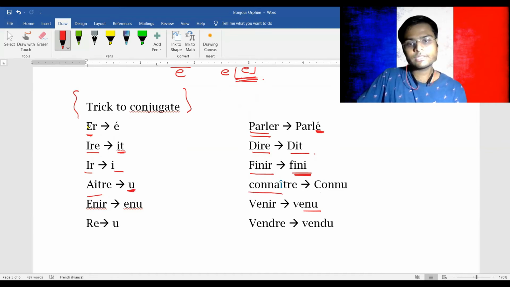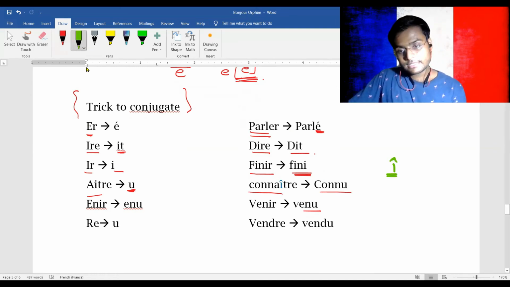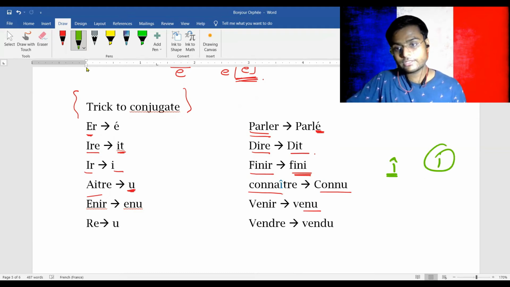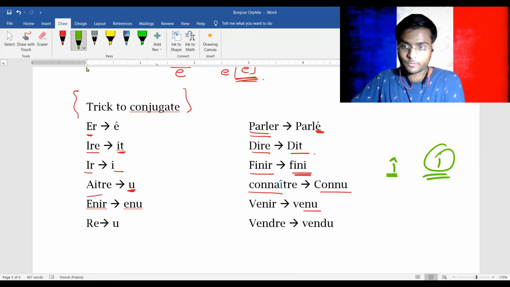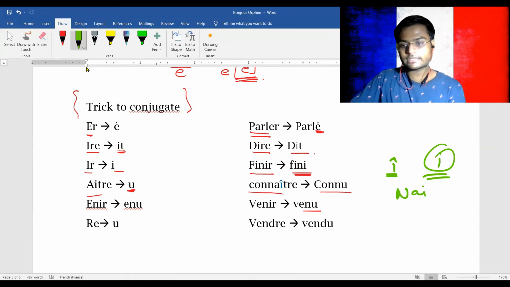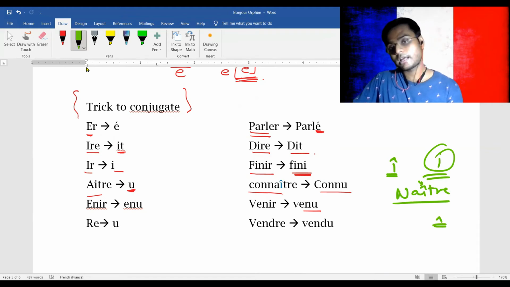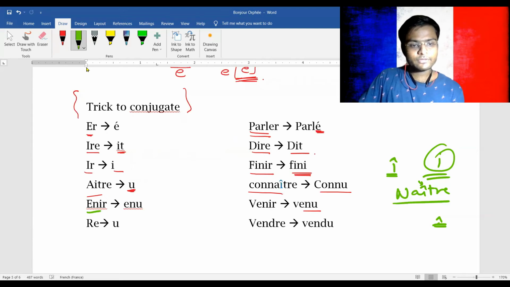For example, connaître becomes connu. Now, before we go further, I just want to tell you that this accent is obligatory in the connaître verb. When you write, do not make this mistake of writing it like this. I've seen on many websites that people make this stupid mistake, so don't make it. The same logic goes for the être verb. Some teachers call it chapeau, otherwise the real name is circumflex. All right. ENIR will become ENU, for example venir, venu.